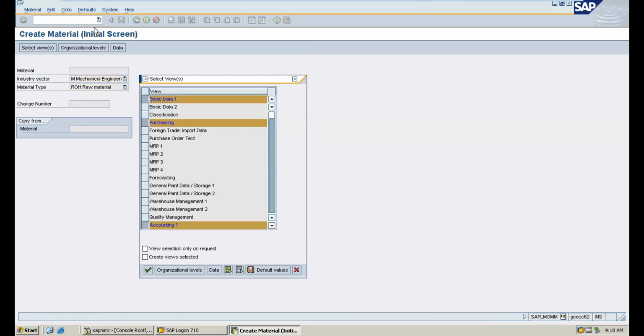And you can see here, as I told you, we need to select foreign trade import data. Okay, you need to select this view and check this data. And if this view is not there, you need to go to the respective material type and activate the foreign trade import data view for the respective material type.